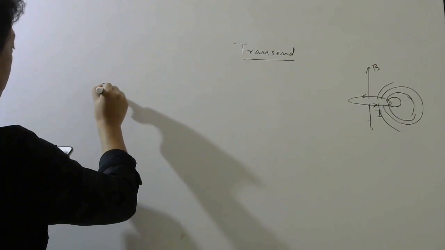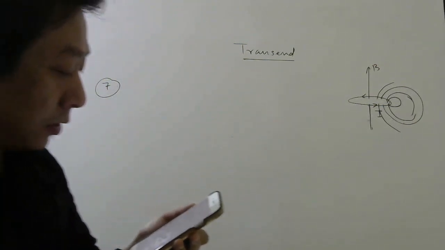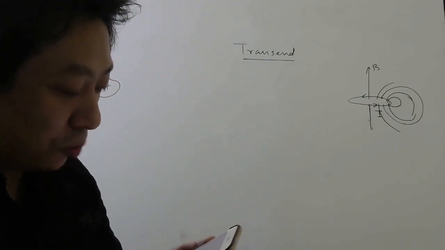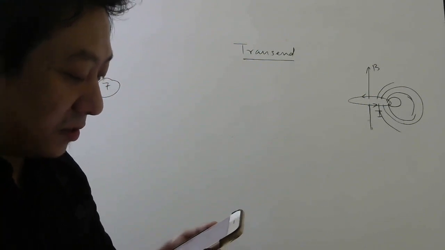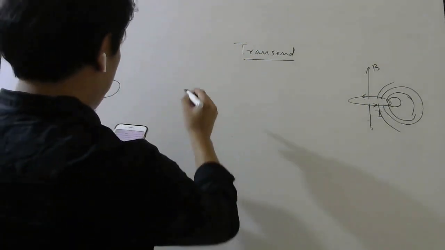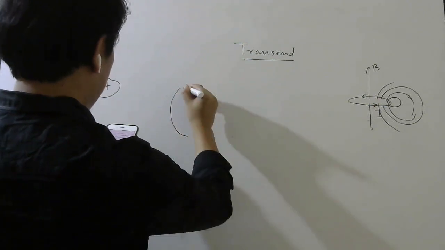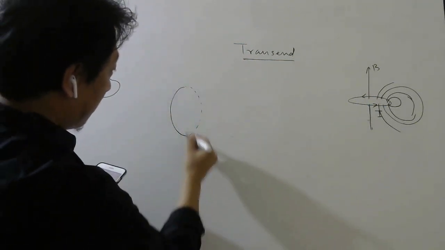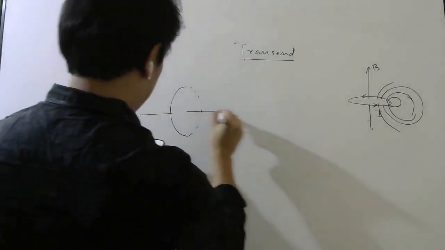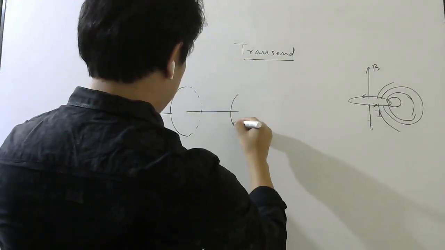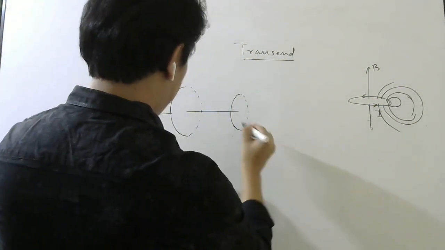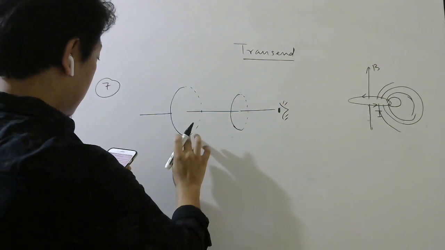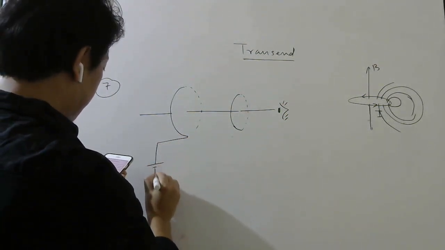Seventh question, you see. As shown in the figure, P and Q are two coaxial conducting loops separated by some distance. Let me try to show the diagram. This is P, this is the front one, this is the back part. Let me do dot dot for the back part. And the observer is looking from here. Now there is a battery here.